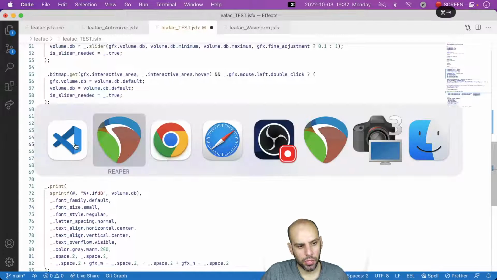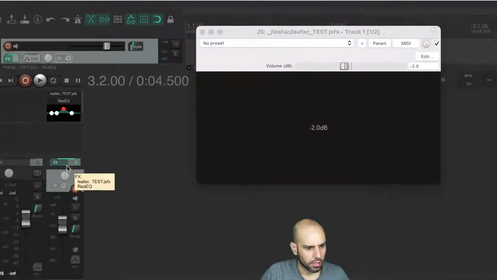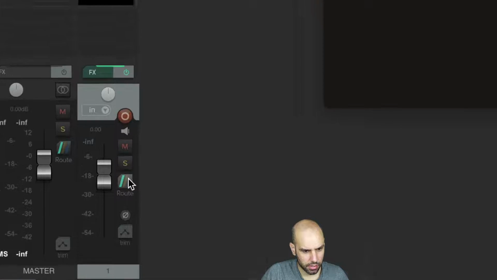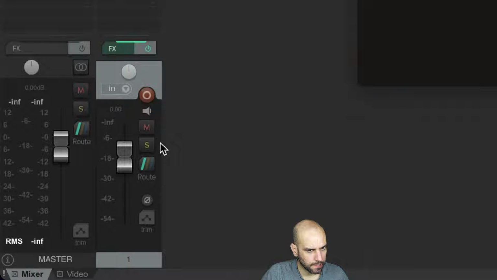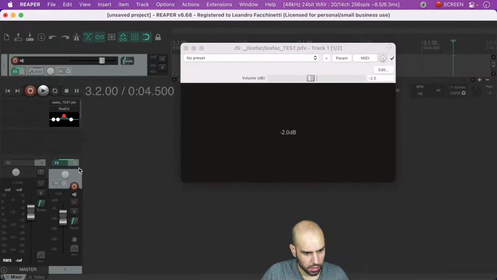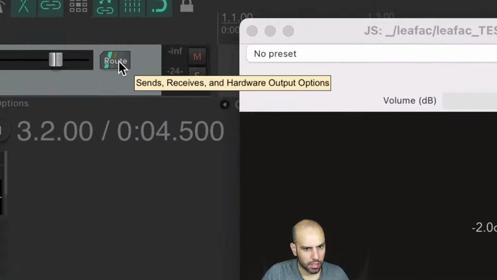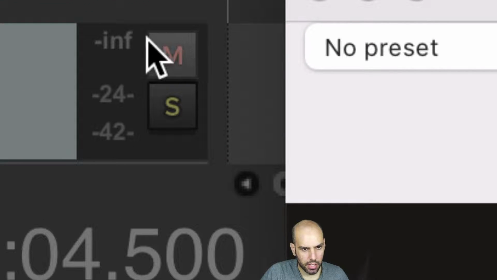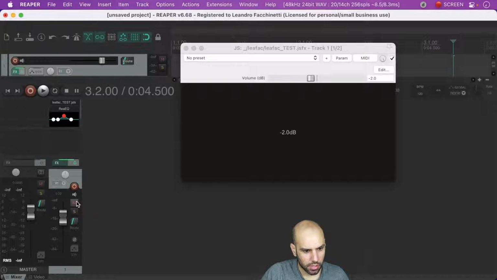And you know what could be cute? We could have a rounded rectangle. Though most of the Reaper interface is not rounded. Well, these buttons are rounded. These are not. Let's find a couple more buttons. These are not. This isn't. This is not. And then these are not round. Isn't that fascinating? The mute button here